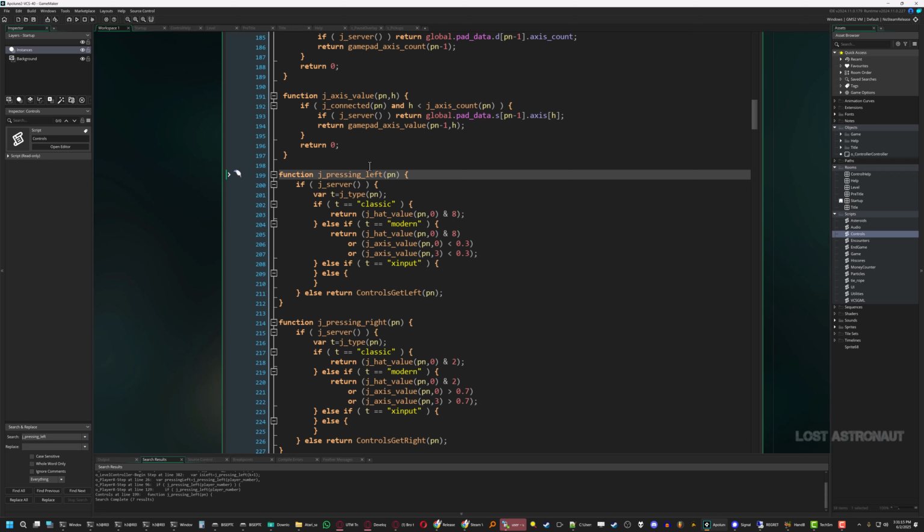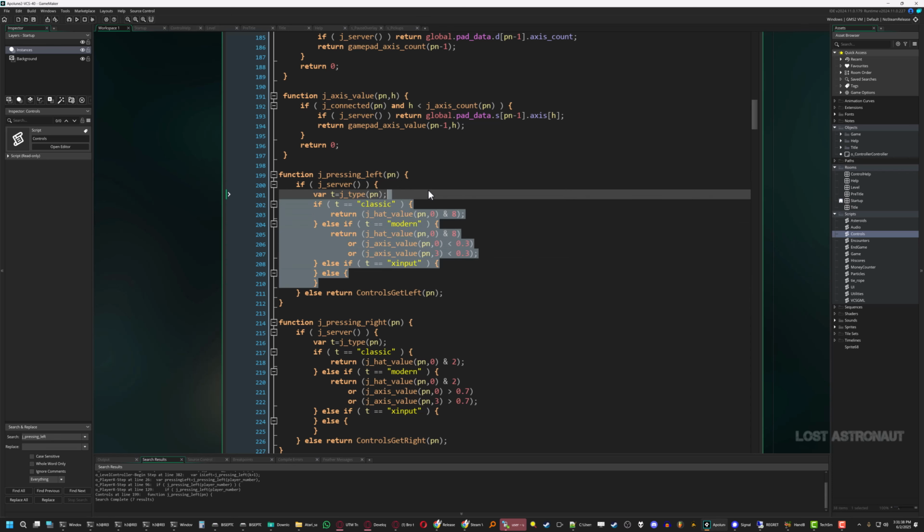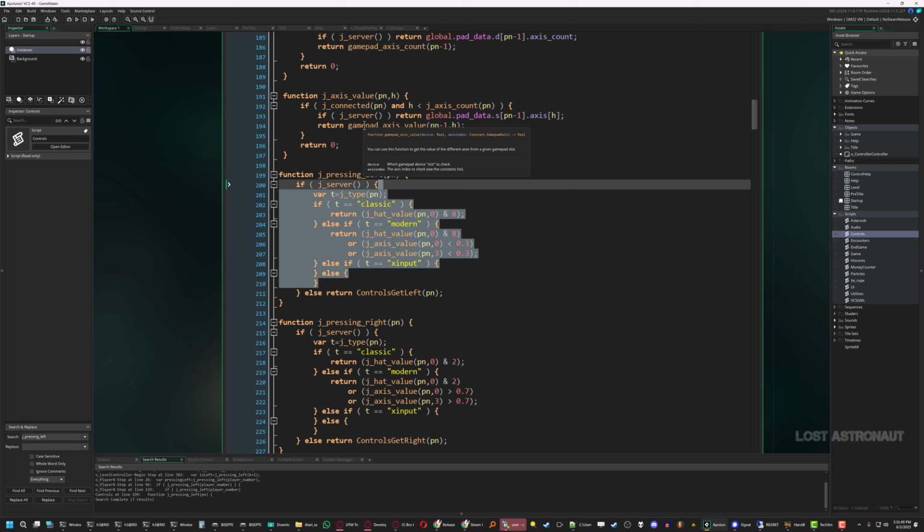And I did not write in support for X input because I have not yet developed this game for the Xbox. And this game is going to default, again, these functions, everything that is under ifj server, you can think of that as on the VCS, because everything outside of that is going to be the regular old gamepad vanilla stuff from the GameMaker library, or it's going to be,